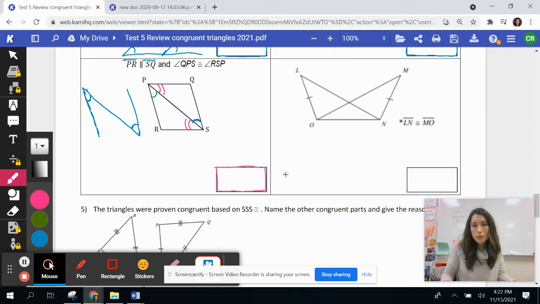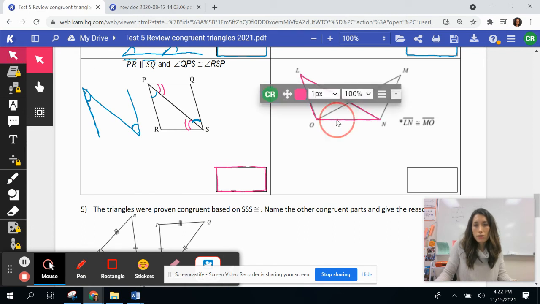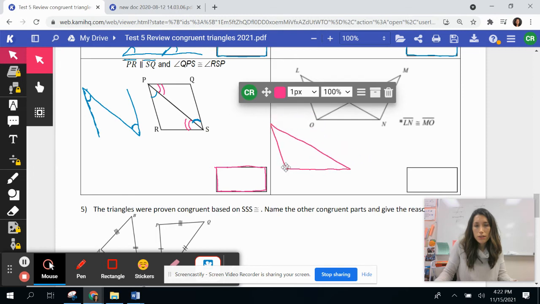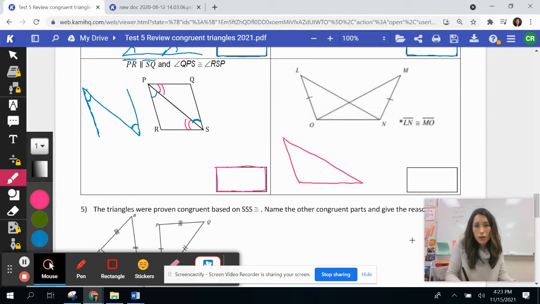Okay, now our last one here, we have this side, and we have LN. And so LN is this whole thing. So really what we're looking at is this whole entire triangle that I just kind of traced out. So we're going to have some overlapping things here. So if I take this triangle out, this is the triangle that I'm referencing. This is LO. This is